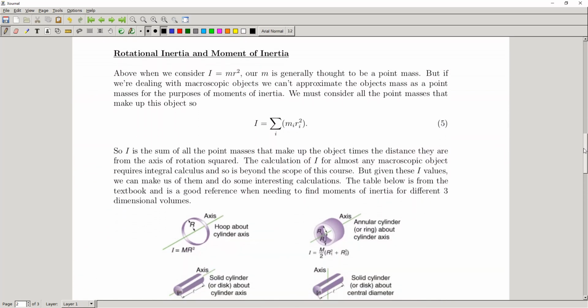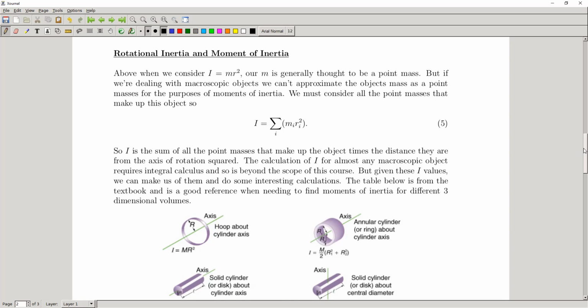Okay, so we started off here, building this equation that gives us torque in terms of our moment of inertia and our angular acceleration. But we want to realize that whenever we're talking about these masses in these moments of inertia, we're talking about point masses, right? Usually when we've talked about masses, we're thinking about a point-like object, but